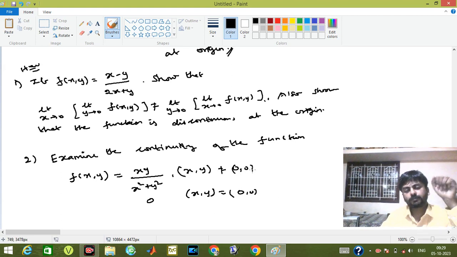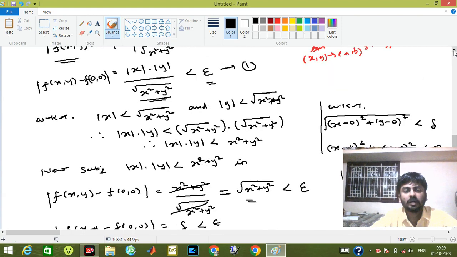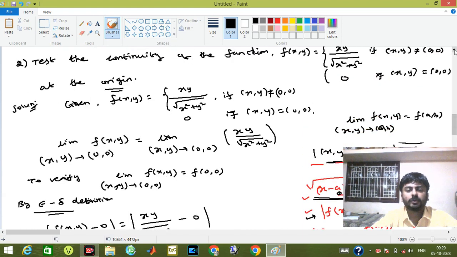Dear students, now let me give you a simple clue for this. The above problem is xy divided by root of x square plus y square. See, the above problem has a root of x square plus y square, but in this problem this root is missing. If this root is missing, here you will get modulus of x and modulus of y. See, all the steps will be the same, but